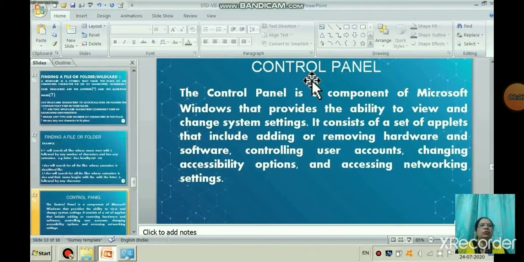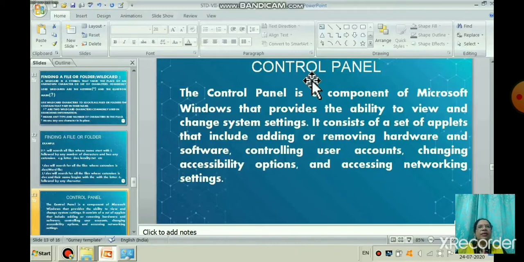Now the Control Panel. Control Panel is a component of Microsoft Windows that provides the ability to view and change system settings. It consists of a set of applets, that is, applications. It includes adding or removing hardware and software, controlling user accounts, changing accessibility options, and accessing network settings.